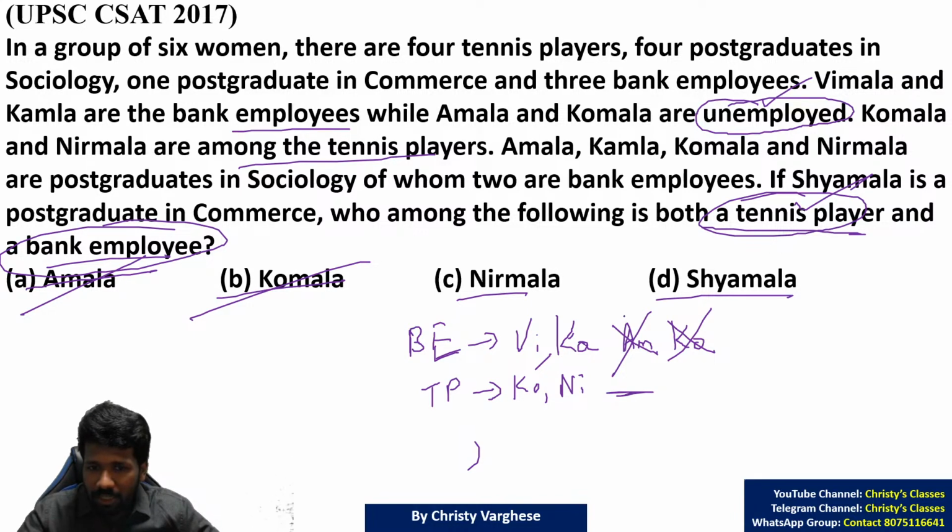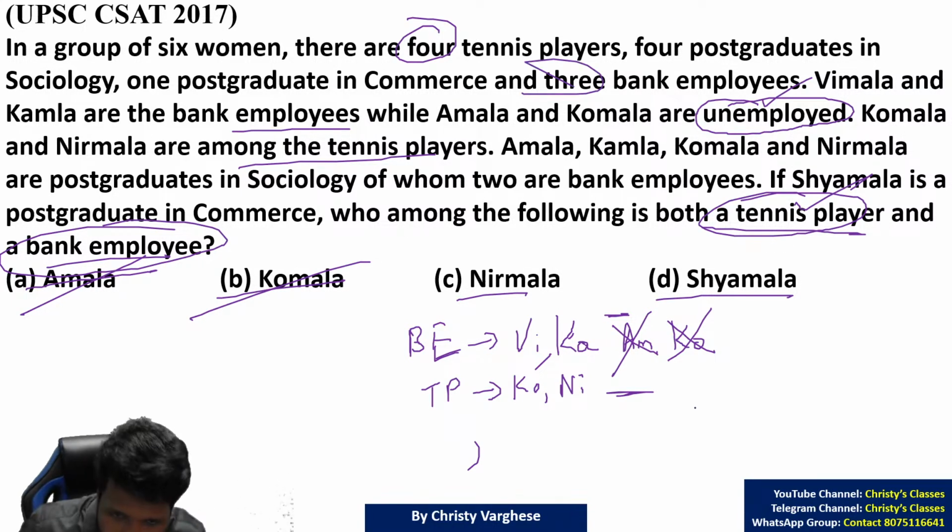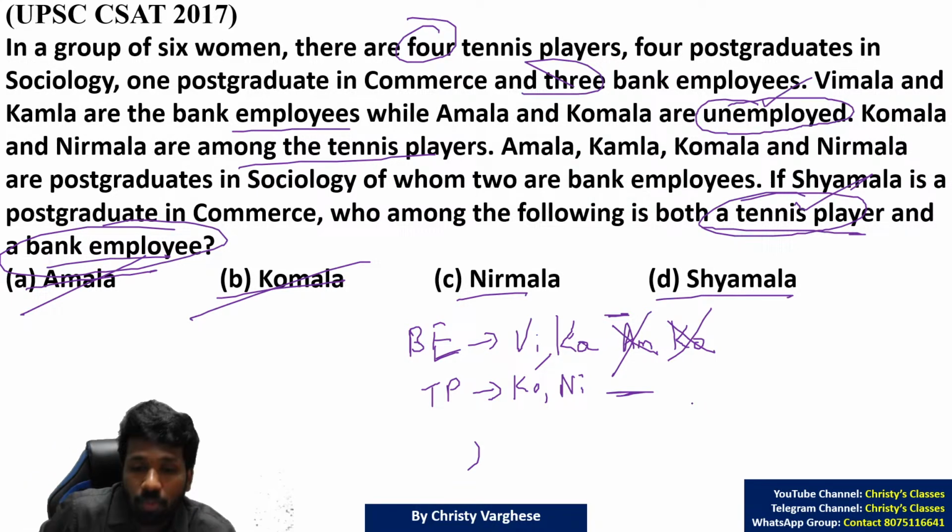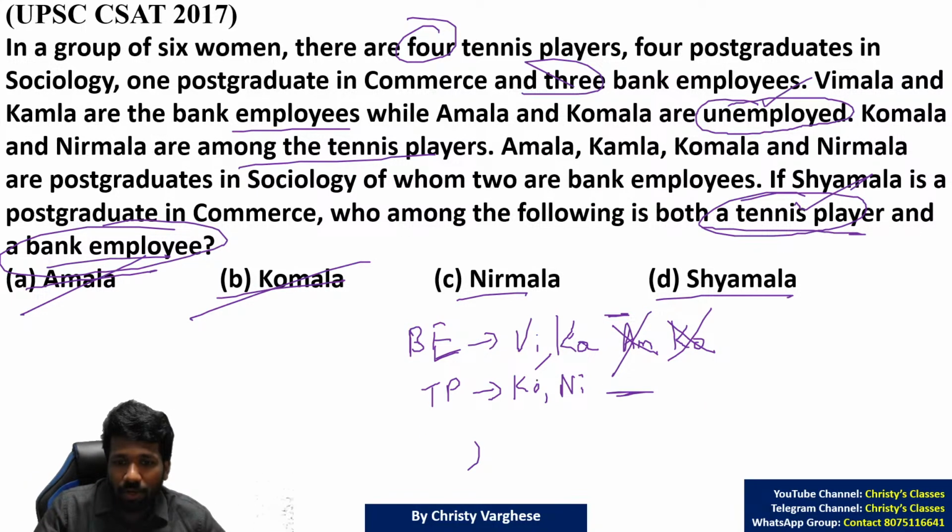There are more tennis players, and there are more bank employees also, because 4 tennis players and how many bank employees? 3 bank employees also are there. So one more bank employee, 2 more tennis players are there. We don't know who they are. We didn't get any common factor here among bank employees and tennis players. So you cannot finish the question. This is Komala, this is Kamala. Don't get confused. So continuing,